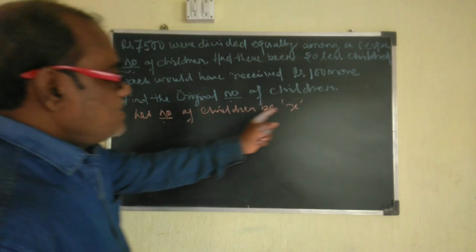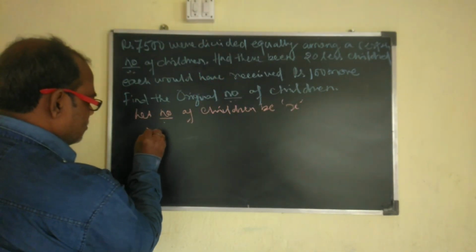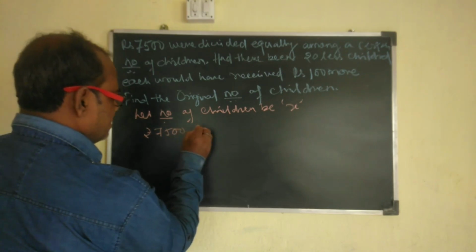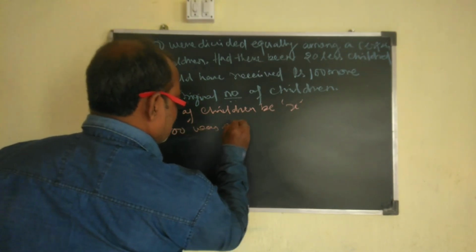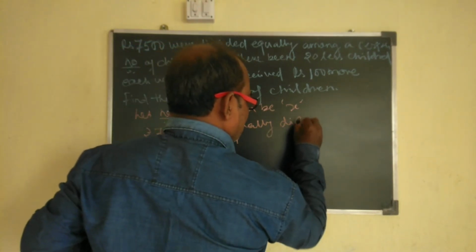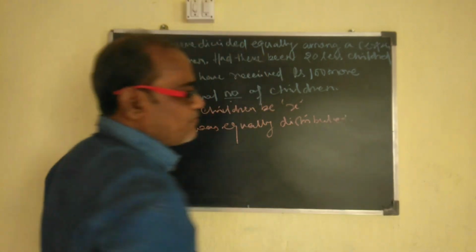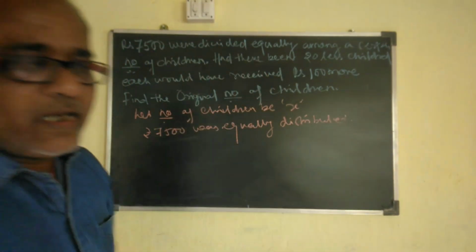Rupees 7,500 was equally distributed. Therefore, what we can understand, each child gets rupees